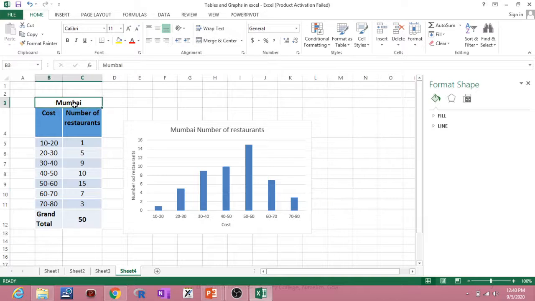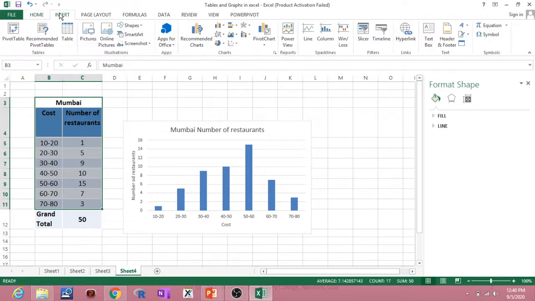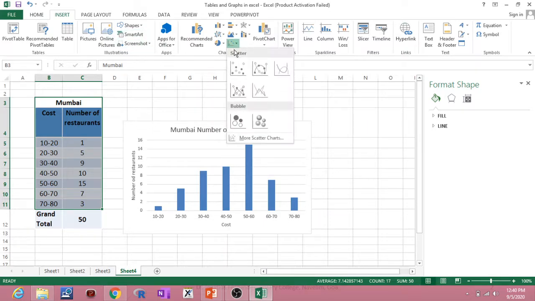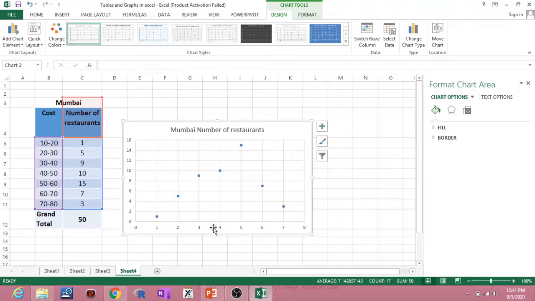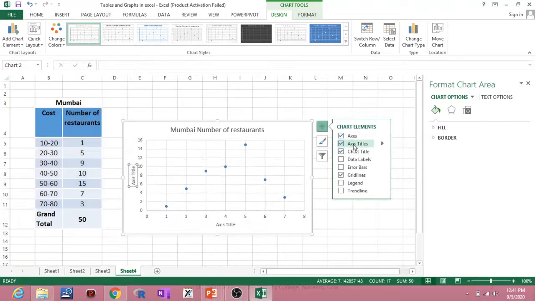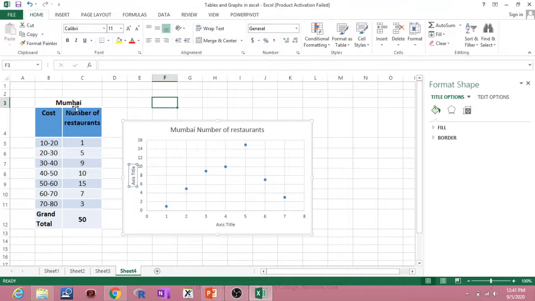Now in case you want a scattered plot, again the same way you select this table, go to Insert and choose a scattered plot. So you have a scattered plot. Again, if you want the labels, go to this plus sign and say axis titles, and then you can change them manually.